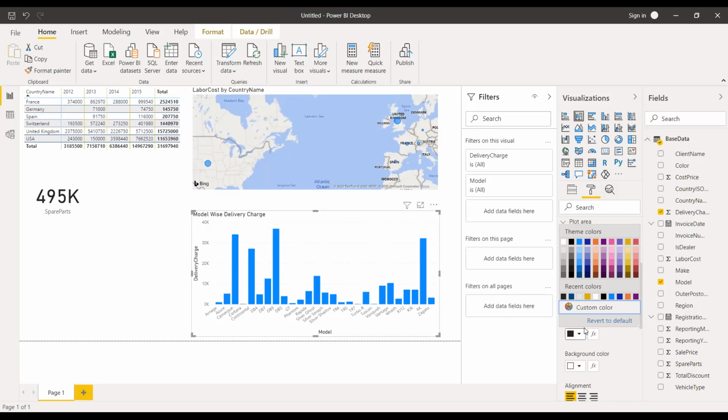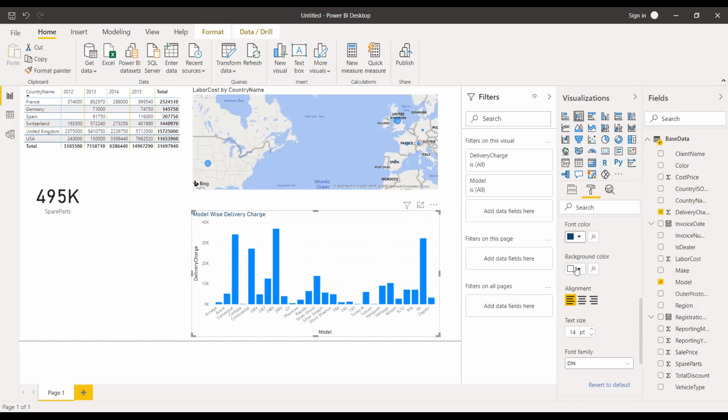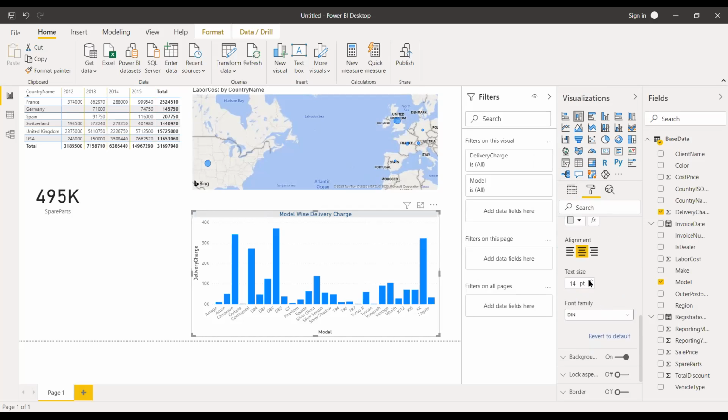Font color of the heading can also be changed. Suppose I want a blue heading, you can change it. Background color of the entire graph can also be changed by selecting a background color here. Suppose I want a light color in the heading, and font size can also be increased. So you can edit any visual by this format painter.